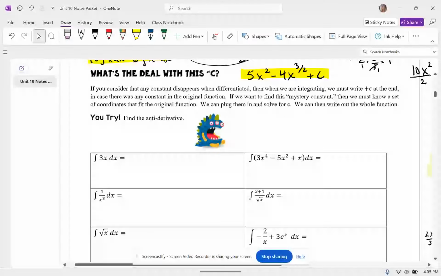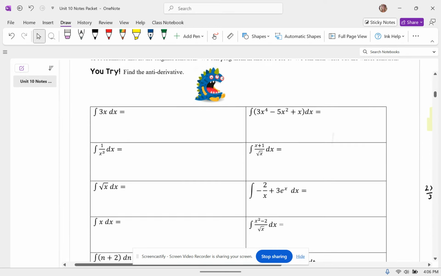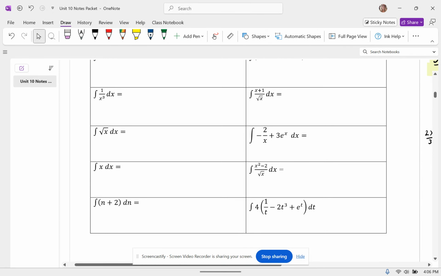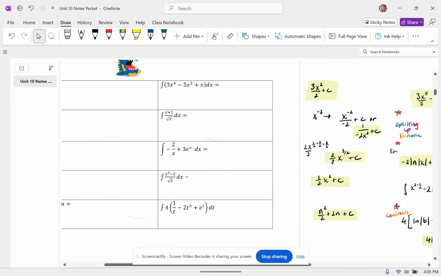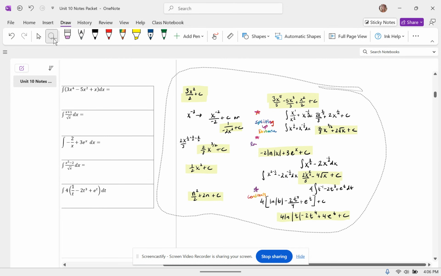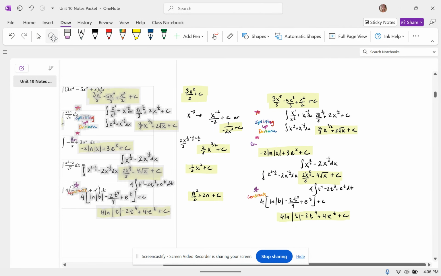It says, what's the deal with this C? Read that part. It's kind of just explaining where this plus C is coming from, why we have to keep accounting for this constant that keeps cropping up, and it's all rooted in the fact that when we take the derivative of a constant, it drops off, right? So pause the video, try these problems down here, and then in a few seconds we'll meet back and you can check your work. I think the only ones that were tricky, I can do them with you, were, oh